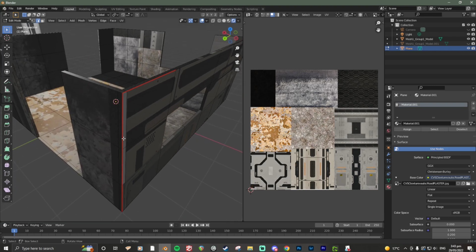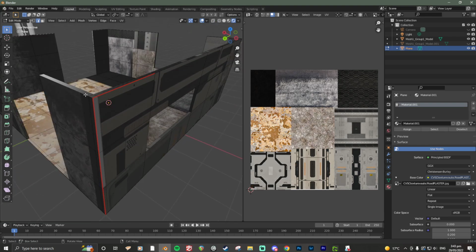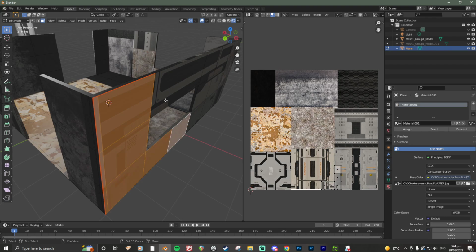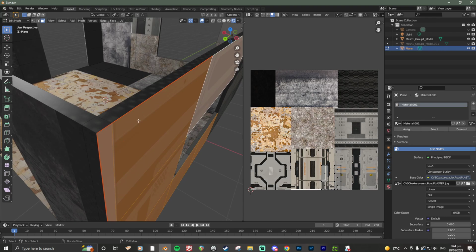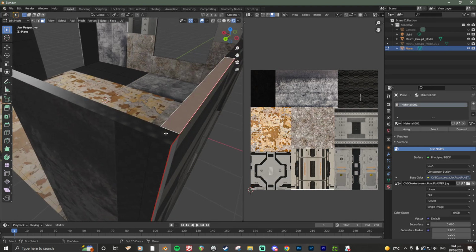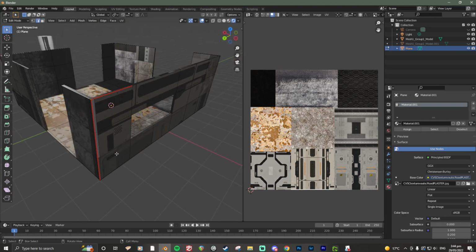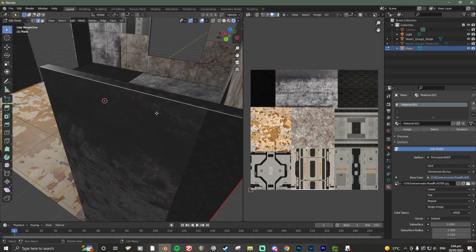What that's doing is telling the computer that when you unwrap everything and create the UV map for all of these things, the computer's going to look at that and go, right, what I'm being told here is that this wall is separate from these faces over here, which are a different part of the object. So if you go to the edges here, which are the significant edges that separate the parts of the image you're going to use, and you give them all a marked seam,